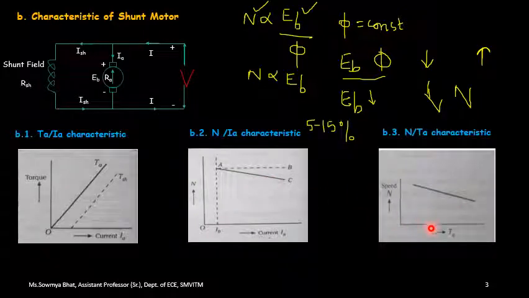So this is regarding the concept of characteristics of DC series motor as well as DC shunt motor in consideration with the armature torque versus armature current, speed versus armature current, and speed versus the armature torque. Apart from this, we have to remember the distinct applications wherein we are going to make use of distinct types of motors. So if I come to the concept of shunt motors, shunt motors will be used in centrifugal and reciprocating pumps, machine tools, then lathes as well as blowers and fans.